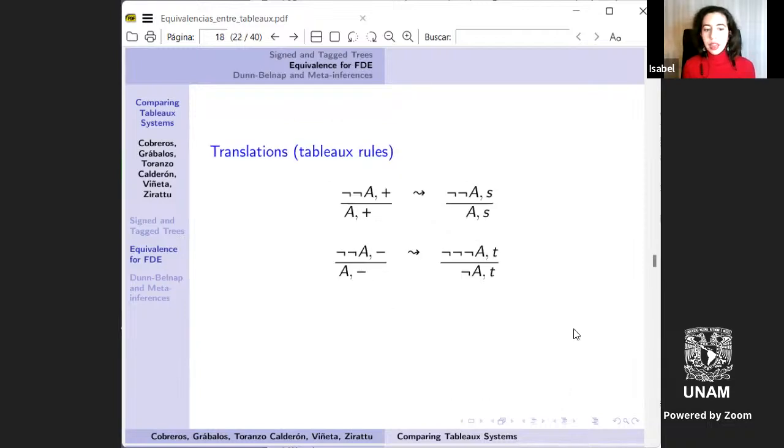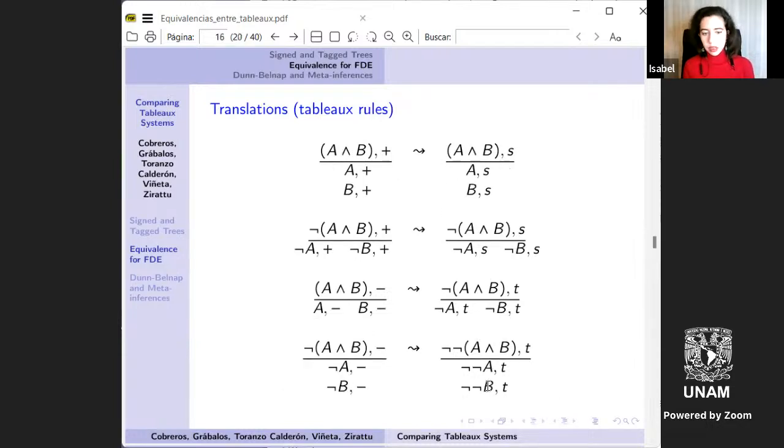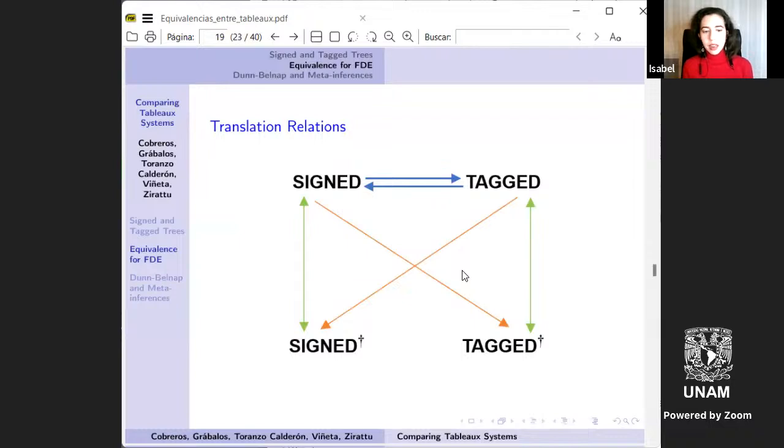And these would be the negations, which will also have extra rules for double negation, extra negative signs because of the tau translation. But we can see here that they're all equivalent. So basically, what we're proving here is that